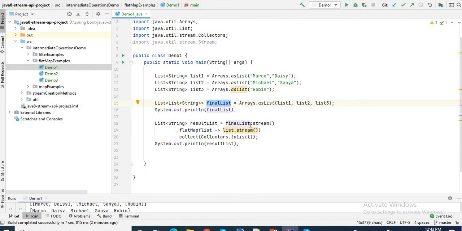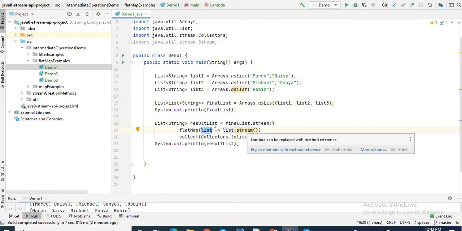So we add it like final list or stream. We add this list to a stream. Then by using flat map, we process the data and collect it to a final collection or our target collection. Okay, so we process each element from this list and add it to another stream because this flat map returns or produces stream of value.